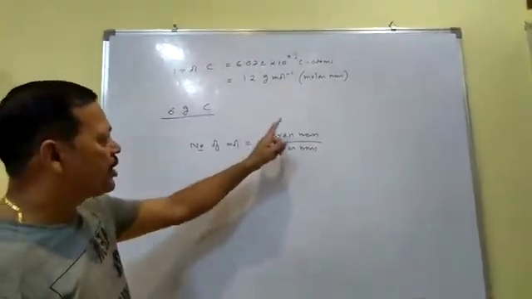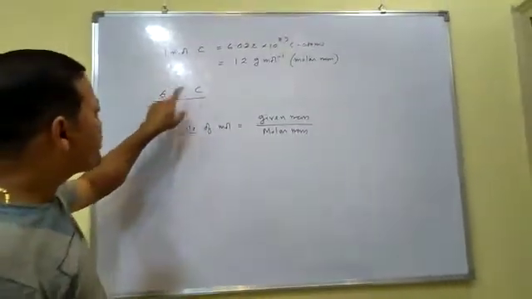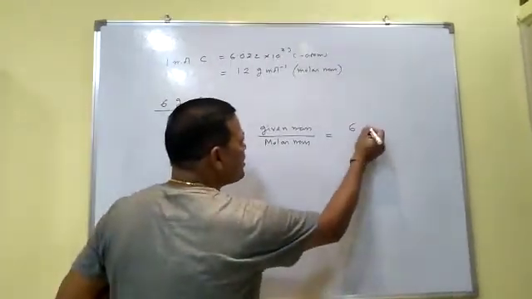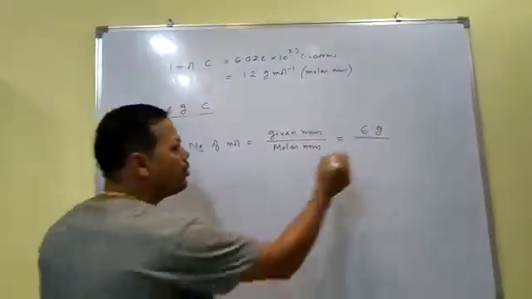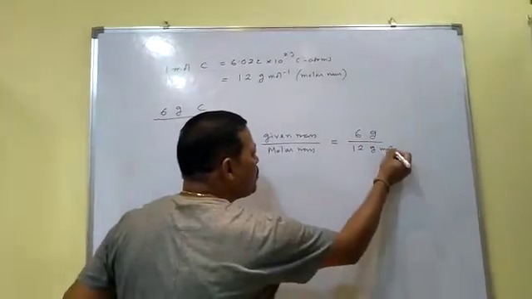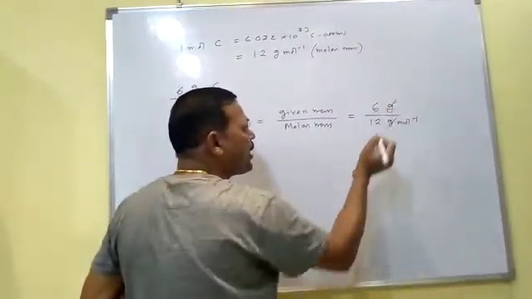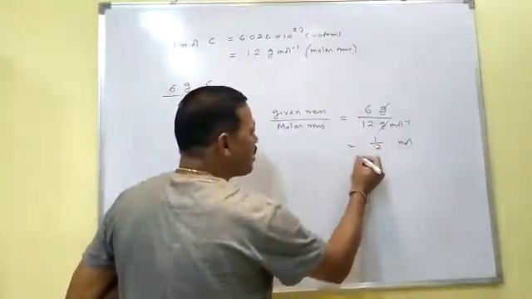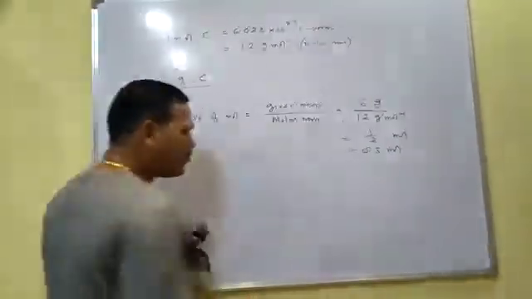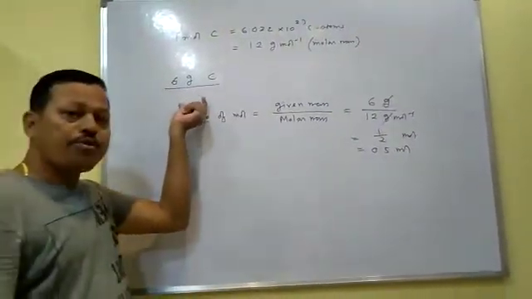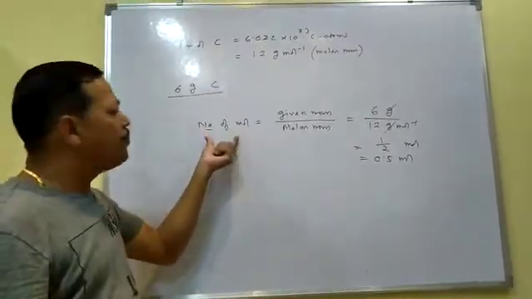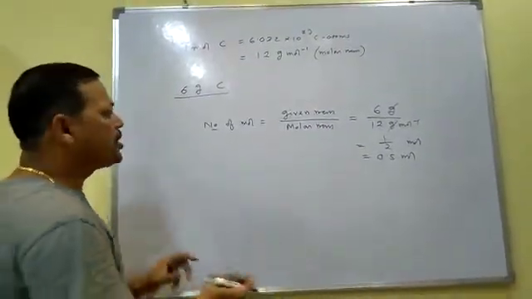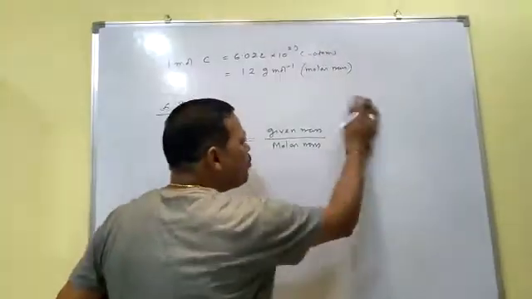Number of mole is equal to given mass by molar mass. 6 gram carbon is given, I mean given mass is 6 gram, and molar mass of carbon, you know, is 12 gram per mole. So gram will be cancelled. This is per mole, so it will become mole. 6 by 12 means half mole, I mean you will get 0.5 mole. So this way, if the mass of a substance is given, you can find out the number of mole by doing given mass by molar mass. This is one of the formulas to determine number of mole.